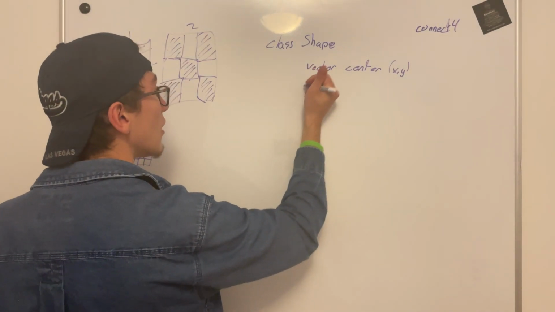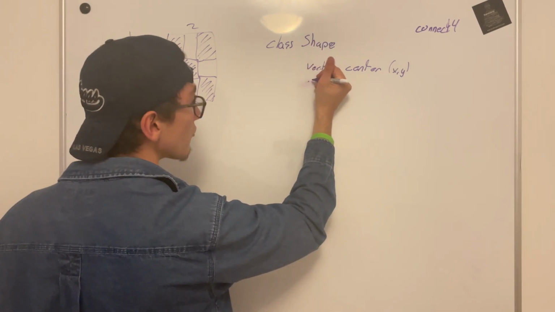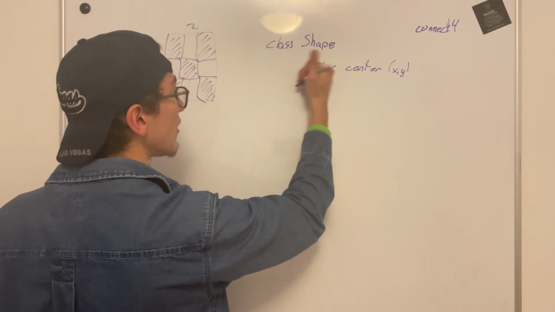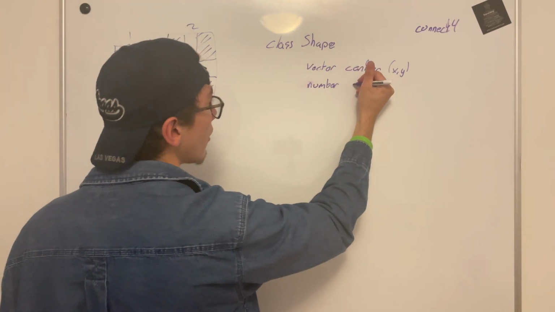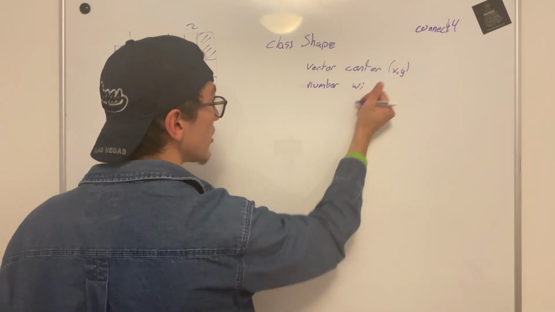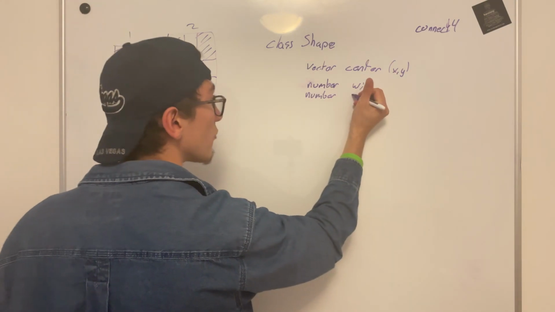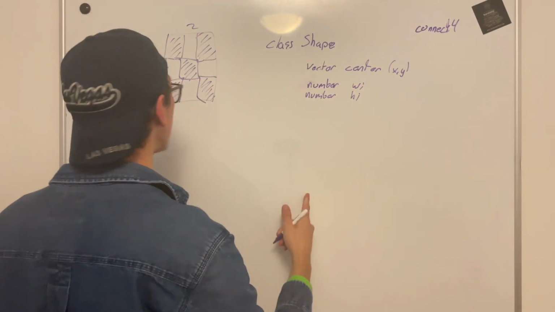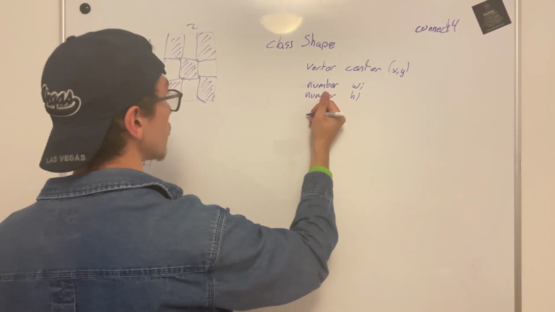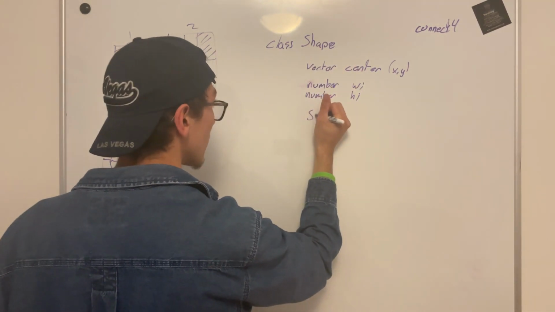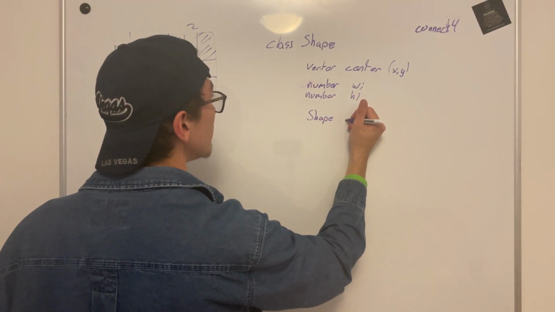It'll have a width, so maybe an int or a float, it doesn't matter, as we'll have a number for the width of the shape, a number for the height of the shape, right? And we'll have the 5 different sections. So those will be of type Shape. We'll have middle,